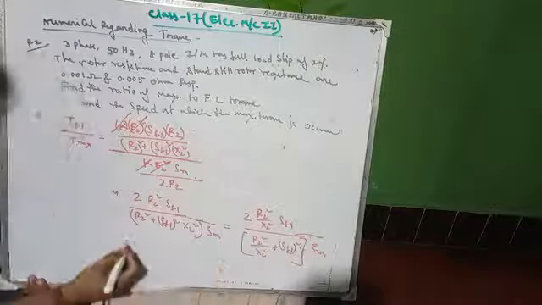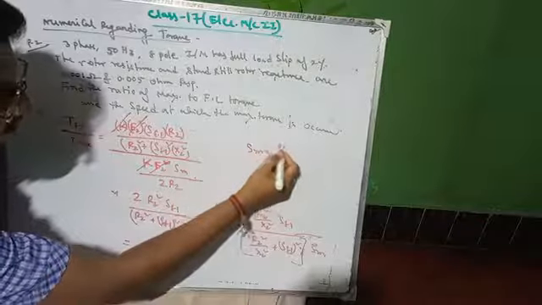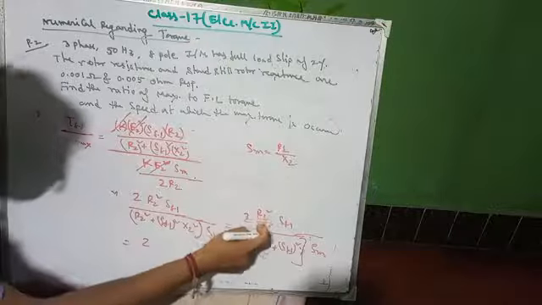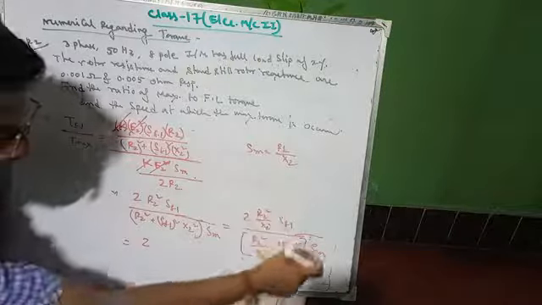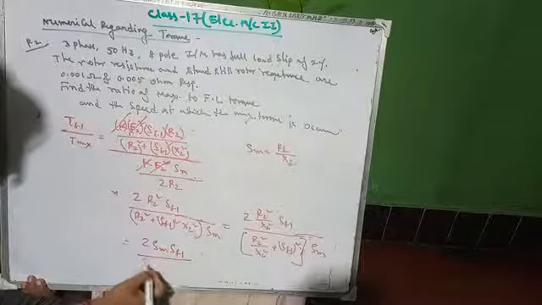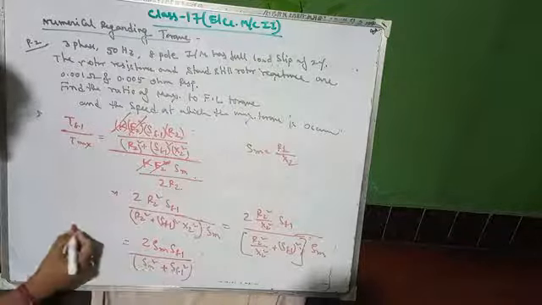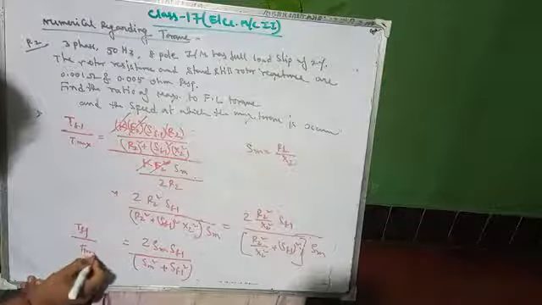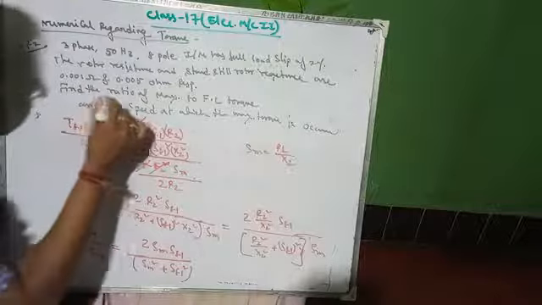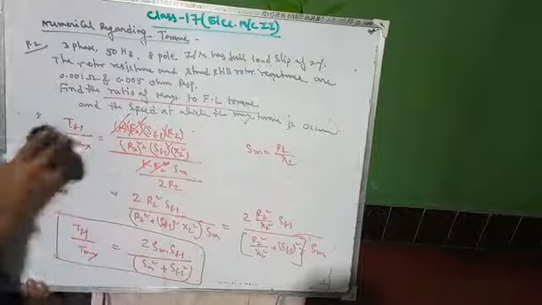So from this relation, this is nothing but Sm square, because we know Sm equals R2 by X2, right? So by calculating you can directly write Sm square, one Sm will be cancelled out, 2 Sm S of FL by Sm square plus S of FL square. Okay, so this is your T of FL by T of max. Now you have to first find this ratio. This formula you can remember directly, or you can find it this way.